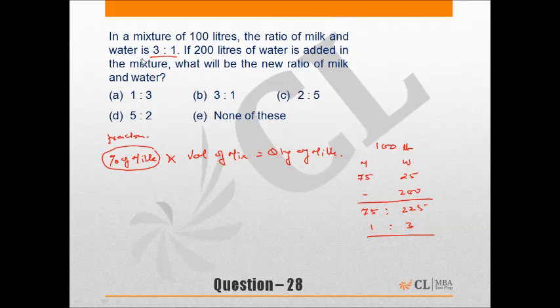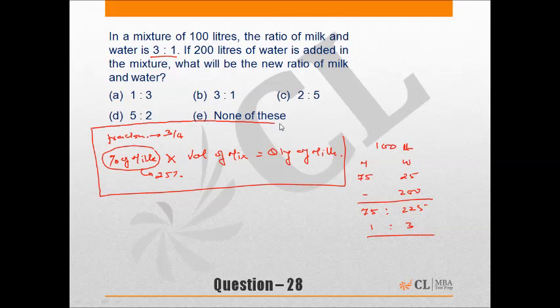For example, in this question, if I have to look at the fraction of milk, I will say 3 by 4. If I have to look at the percentage of milk, I'll say 25%. I hope there is not an issue. Percentage or fraction of milk multiplied by the volume of the mixture should give you the quantity of the milk. Now, if the volume of the mixture becomes double, the percentage or fraction of milk should become half, because the